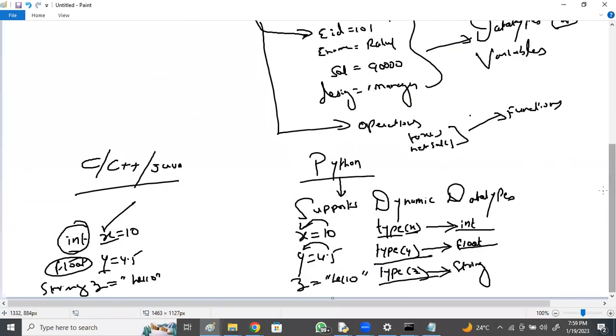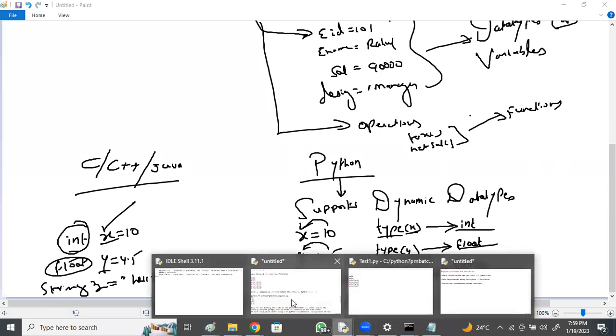More on this we'll be discussing. I'll be showing you 4 cases tomorrow: case 1, case 2, 3 and 4, to make you understand what is happening internally when you define some variable in Python, how the value is getting stored, how we can print it, how to print the address, how to print the type. So just observe here, right?